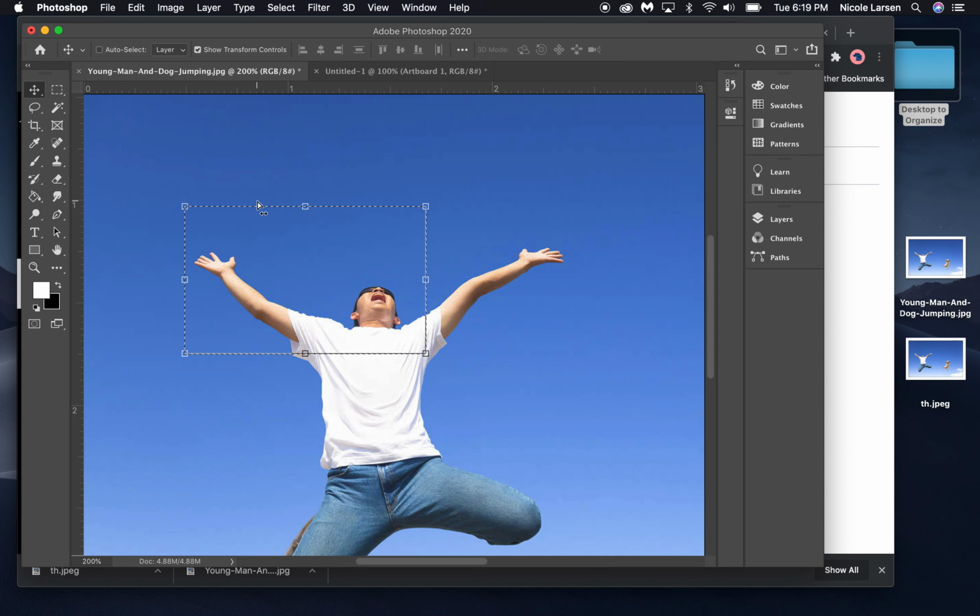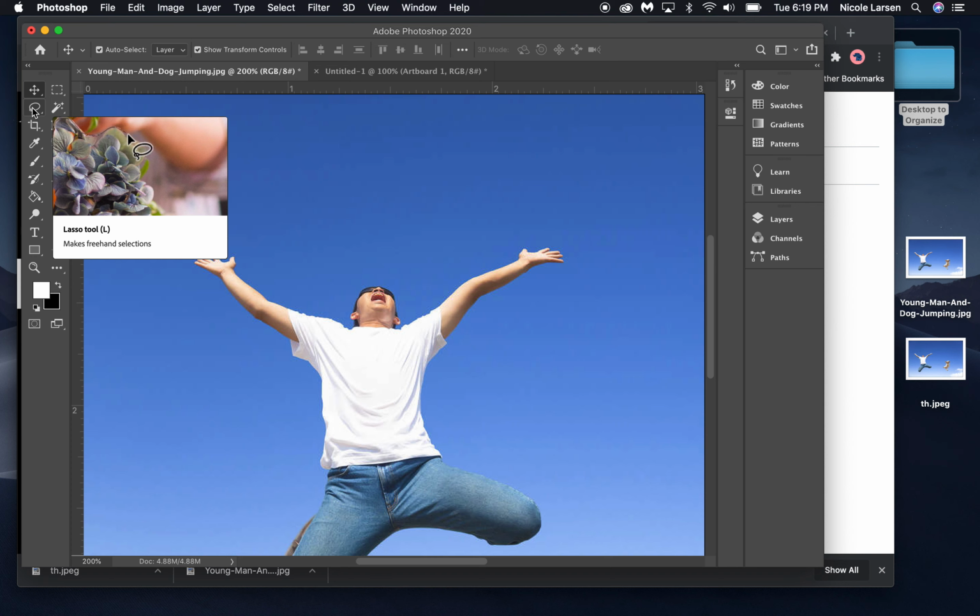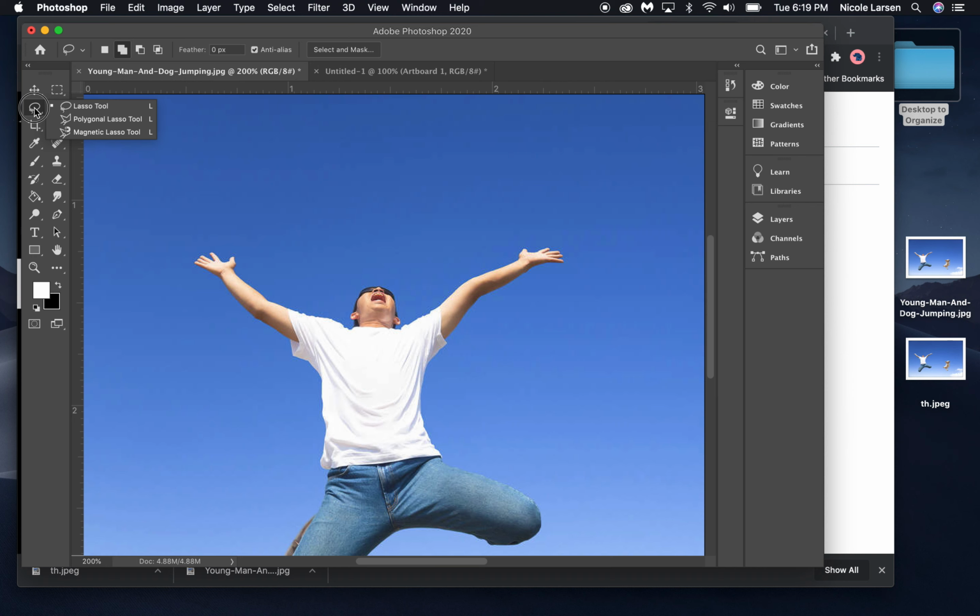I just did an undo. I'm going to undo that again. Our second selection tool that we can focus on using is the lasso tool set. If I click and hold on the lasso tool, I've got the plain one, a polygonal, and then also a magnetic lasso tool. The plain lasso tool, and this is what I had when I started 26 years ago or so,